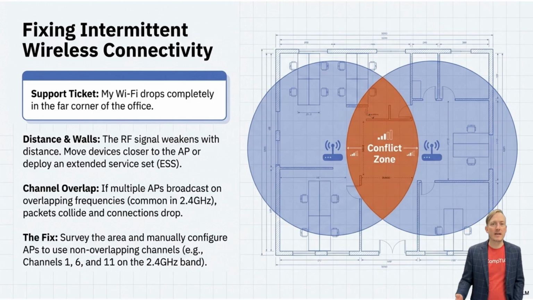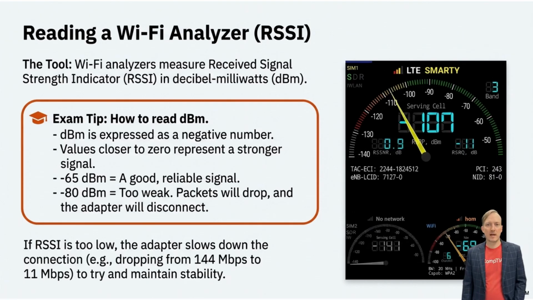an extended service set. For channel overlap, if multiple APs broadcast on overlapping frequencies, very common in 2.4 GHz, packets collide and connections drop. The fix is to survey the area and manually configure APs to use non-overlapping channels, like 1, 6, and 11 on the 2.4 GHz band. To properly survey the area, use a Wi-Fi analyzer to measure the received signal strength indicator, or RSSI, in decibel